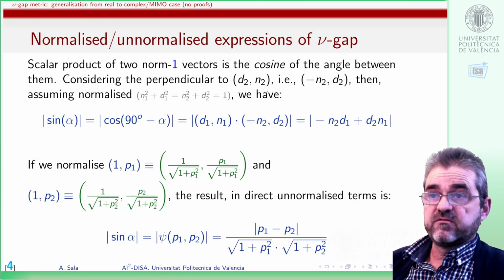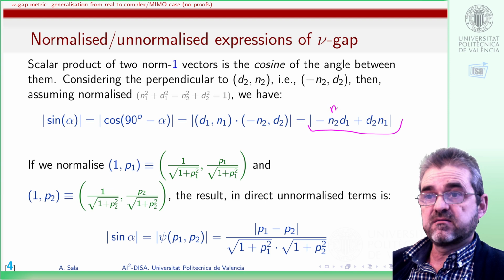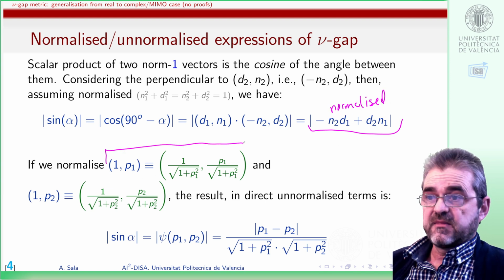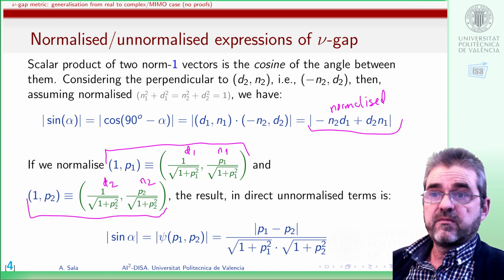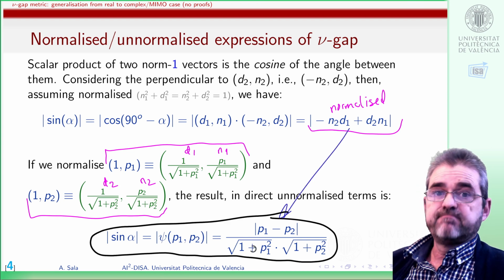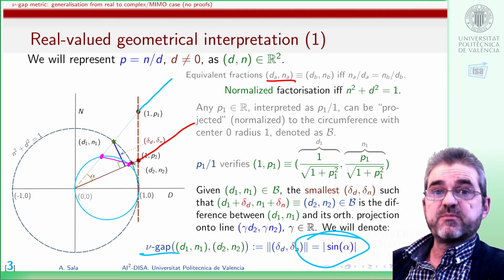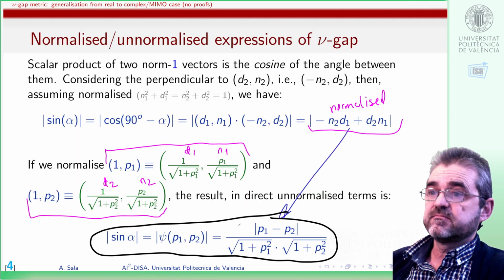We also had some formulae for the sine of that angle if I had the normalized description of P1 and P2, or well, as such normalized description is this thing. If I replace these descriptions in here, then I get this expression. So, once we have this formulae and these two geometric interpretations, now we need to address the case in which